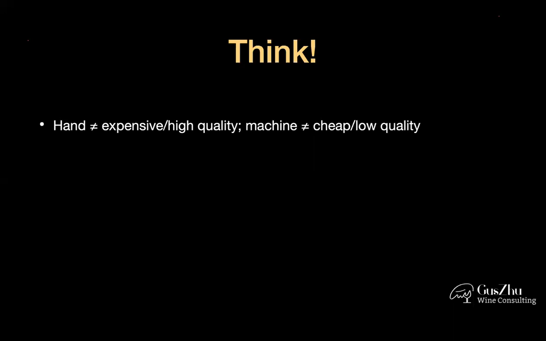For machine harvest, take Sauvignon Blanc, especially New Zealand Sauvignon Blanc nowadays, okay? Machine harvest can actually guarantee quality, especially if you want those really pronounced passion fruit aromas. Think about why and how, okay? Also, machine harvest is crucial to keep the temperature down if you want to harvest some grapes at nighttime. It's much quicker. And harvest machines now can even chill those grapes, okay? I'm just thinking about things here. I'm not trying to give you the absolute answers, okay?